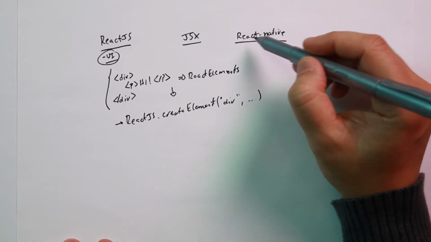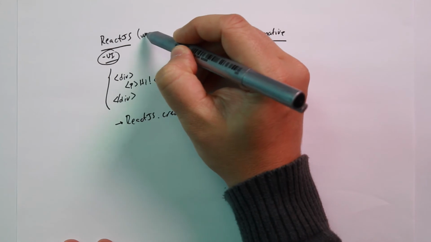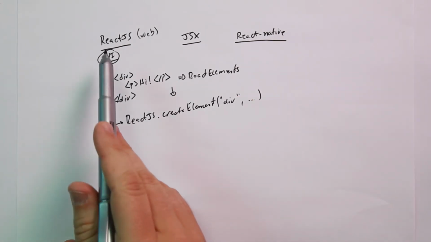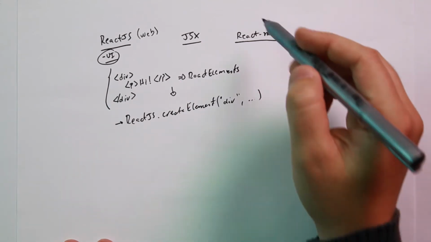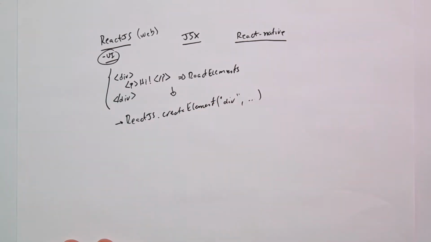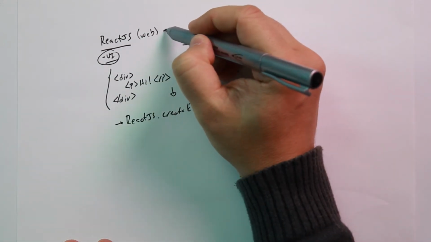And the last concept for this video, React Native. So what is React Native? When we talk about ReactJS, we are talking about React for web, but this structure is the same for both projects. If we're creating an app for web, it's the same idea, the same tree structure. This structure here is the same for web and for React Native. So what is the difference between them? Here we have this structure